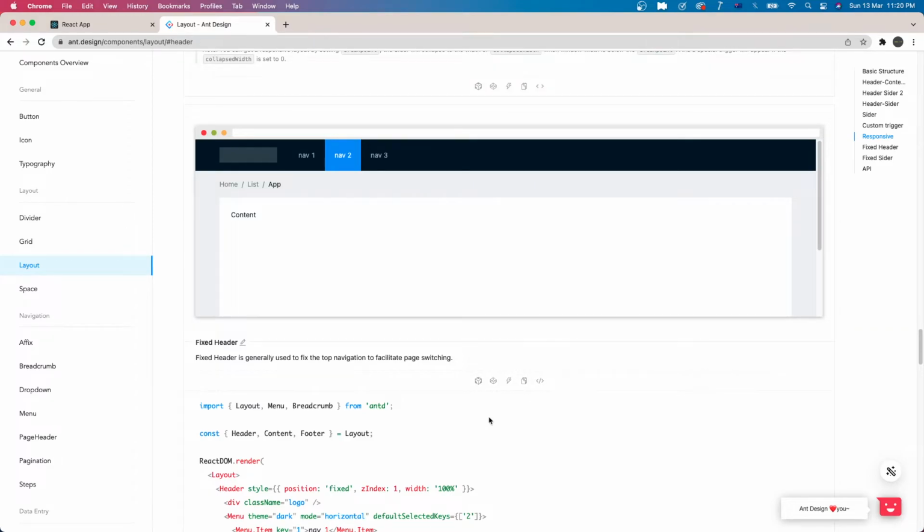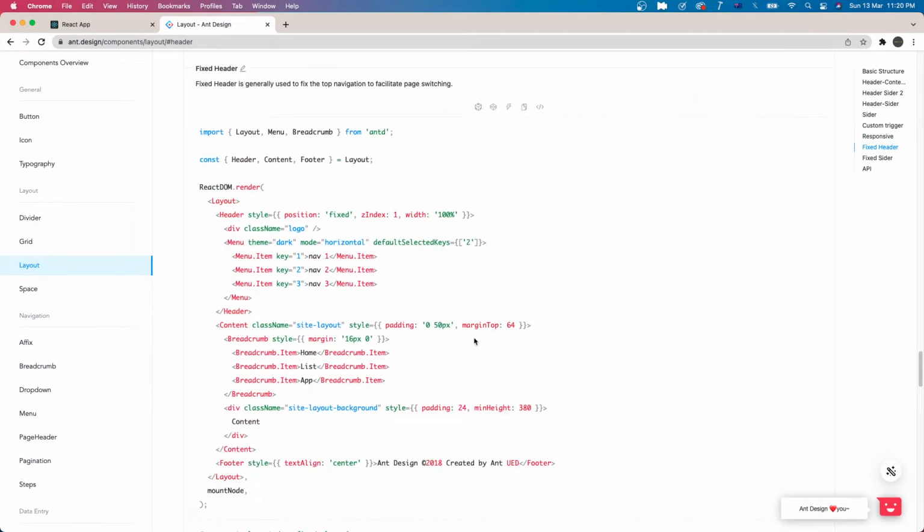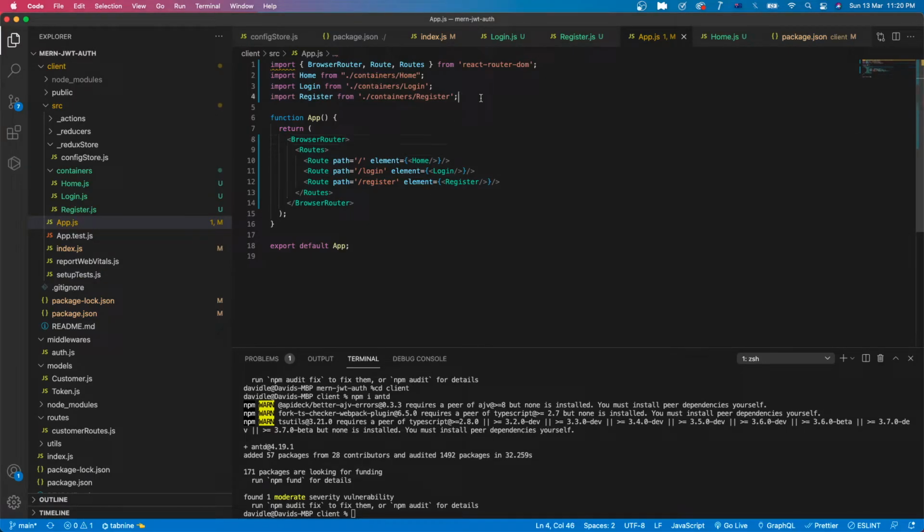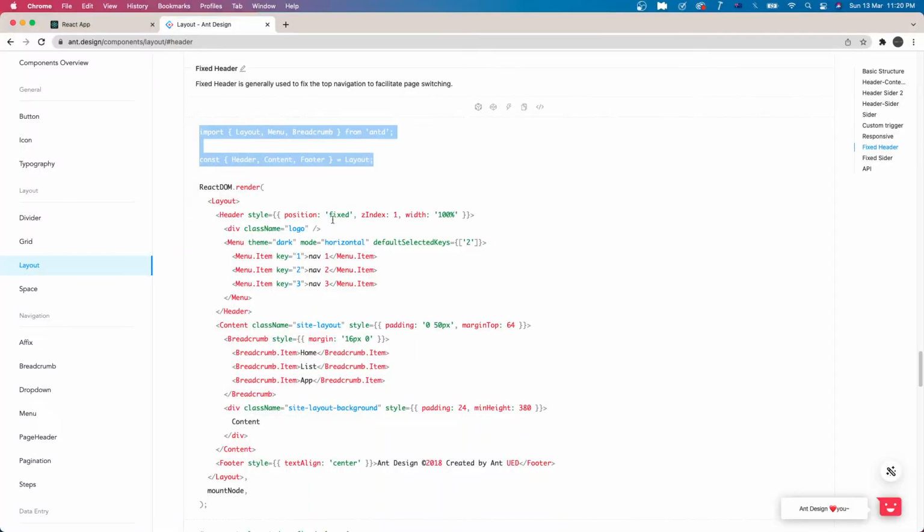I click on show code, and I will copy this, I paste here, I will copy the header,